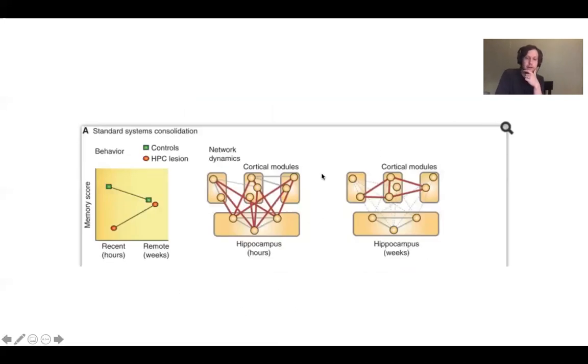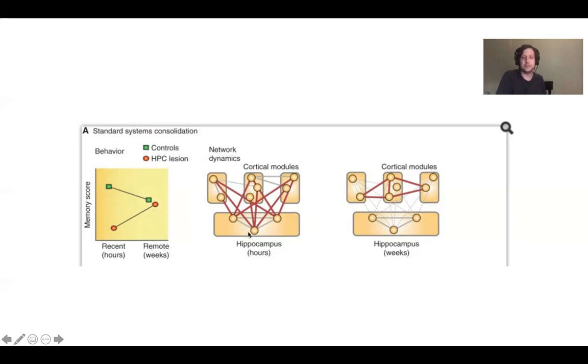So here is a neat idea about a theory of how consolidation theory works in the brain. You don't need to pay attention to this figure right here, but I do want you to pay attention to these two figures right here. This big rectangle right here is the hippocampus. Same thing again, hippocampus. And these over here, it calls them cortical modules, but just imagine that these are the outer cortical regions of the brain. So the hippocampus is represented down here, and the outer cortical regions are represented over here.